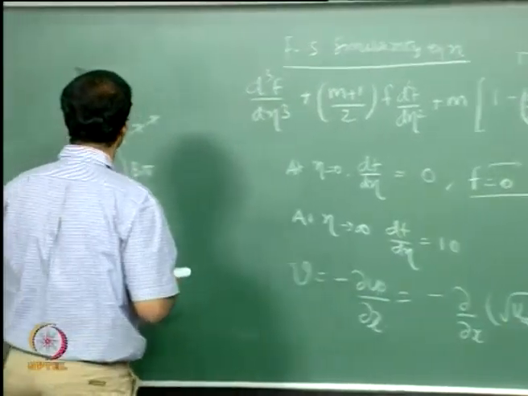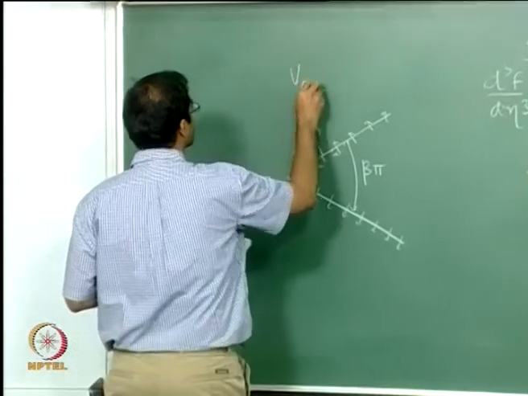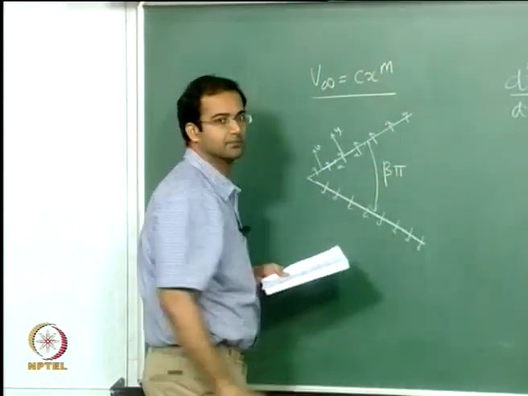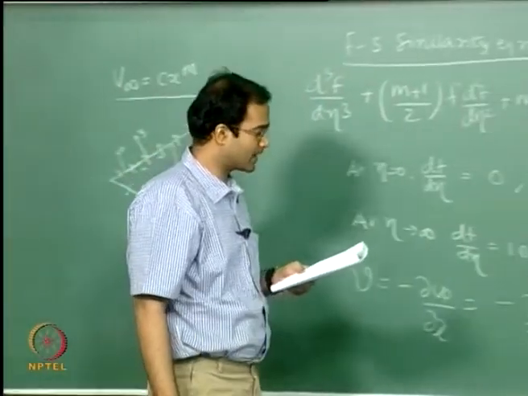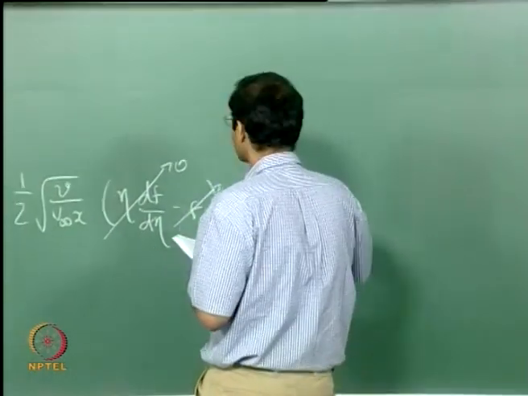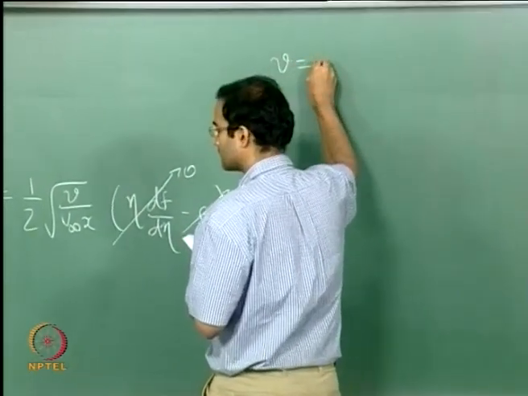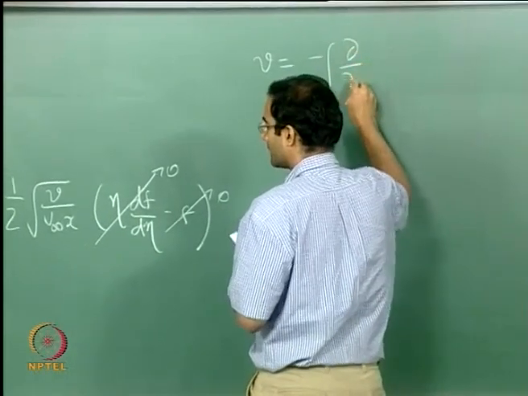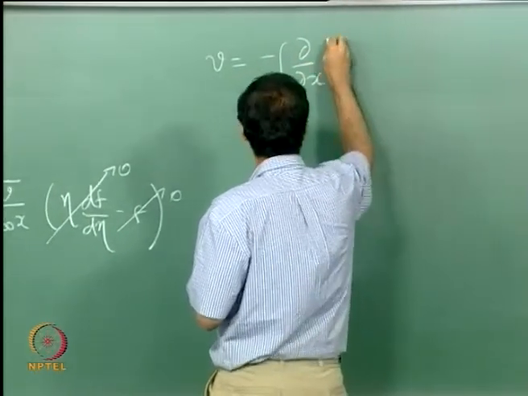Okay. So we are looking at solutions to problems where u infinity varies as c x power m. Okay. So if you now differentiate it, let me also do that once myself,